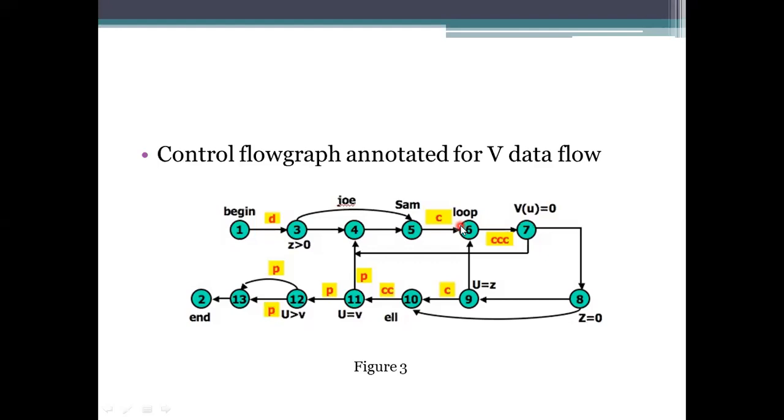Considering the third one, that is the simple path segment. This simple path segment specifies that the node we are presenting can be revisited. Revisiting is allowed here. Coming to the last one, du path. Du path specifies that the definition you have given, that means you defined at first, or the redefining has been done, has to be used.